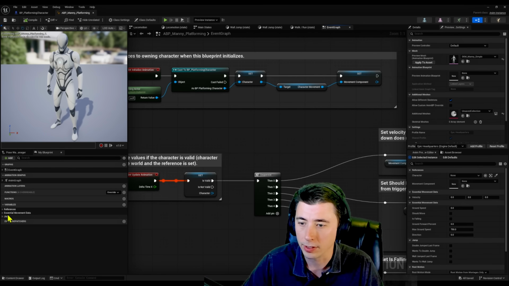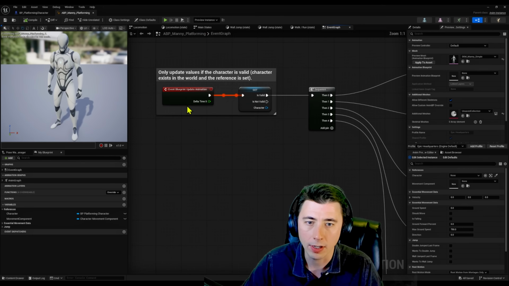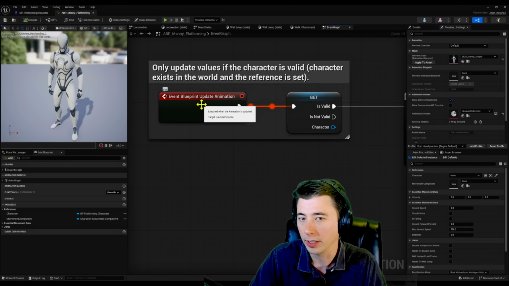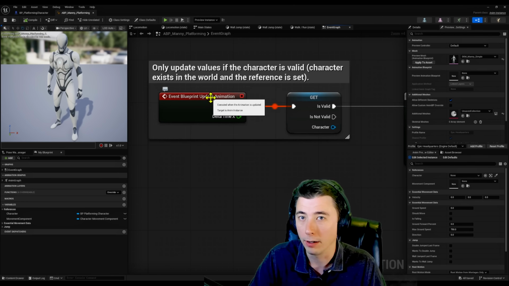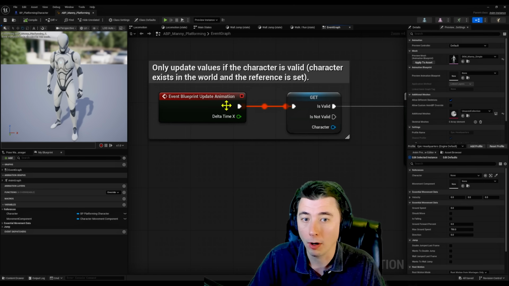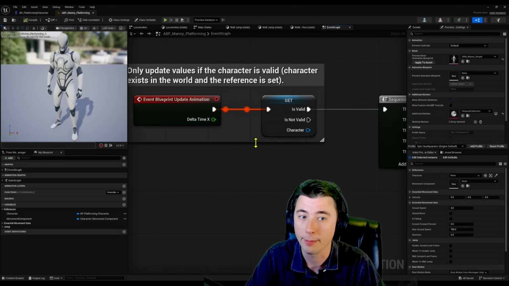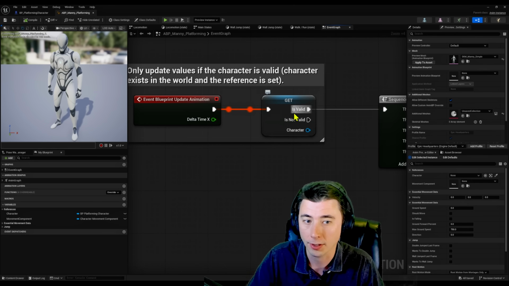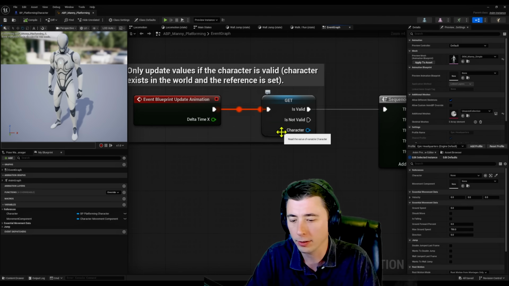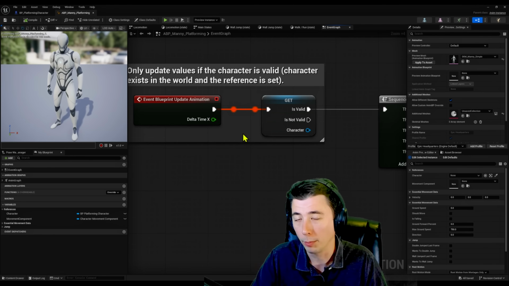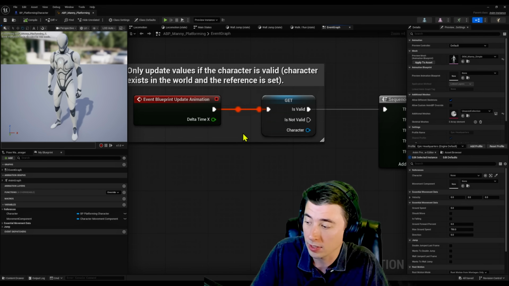And then those references are sorted under variables right here. So then we go down here and we have this event blueprint update animation. And think of this as basically the animation blueprint equivalent of event tick. So at first, make sure we don't do something every single tick, every single cycle of the game, unless our character is actually valid. It needs to make sure that the character that this animation blueprint is attached to is legit. There's no point in running a blueprint over and over if it's not going to be physically connected to